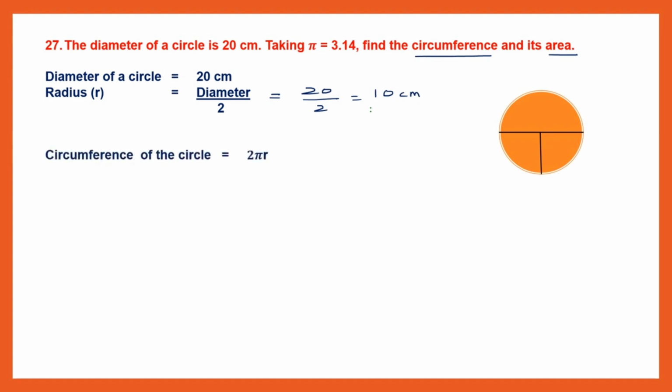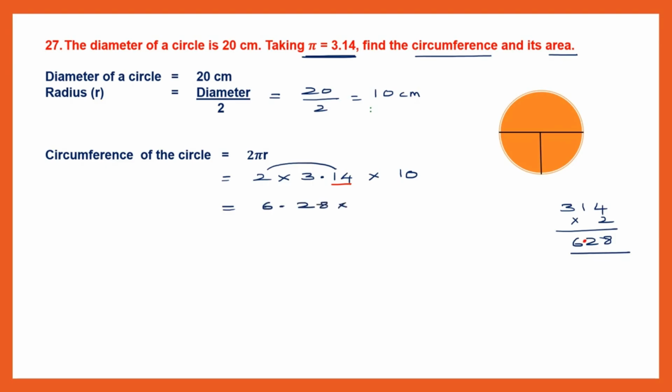The formula to find circumference of a circle is 2 pi r, that is 2 into pi, and pi is given to us in the question. Take it as 3.14, 3.14 into r, which is radius, which is 10 centimeters. So if we multiply these, you will get the answer for the circumference of the circle. Now 2 into 3.14. Ignore the point and multiply. So this becomes 2 4s are 8, 2 1s are 2, 2 3s are 6. So we've got 628. Now don't forget to put back the point. So there are two places in the question. The answer will have two places. So this will be